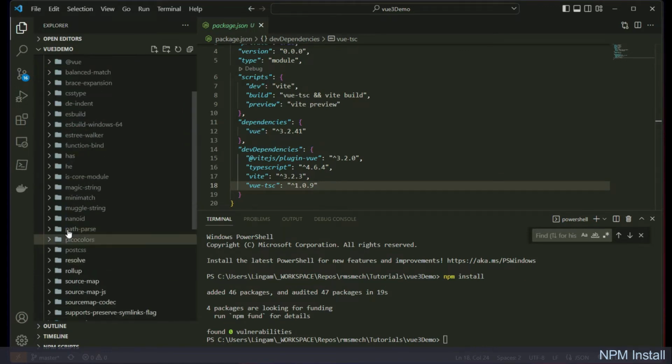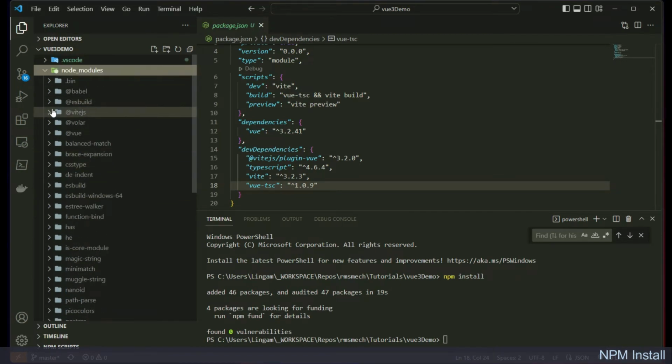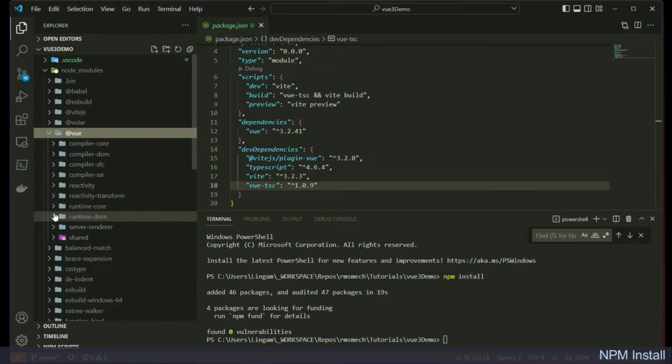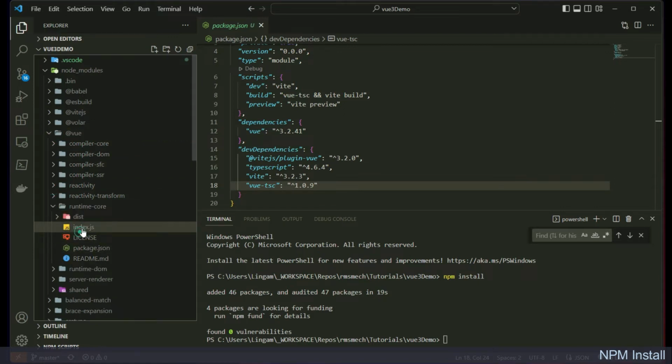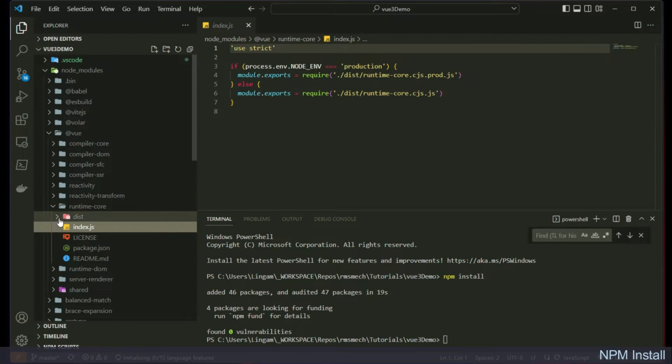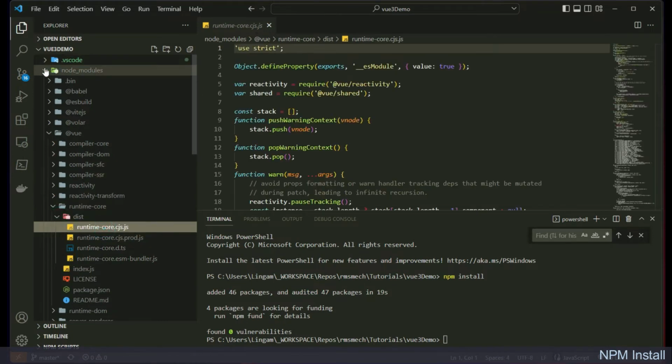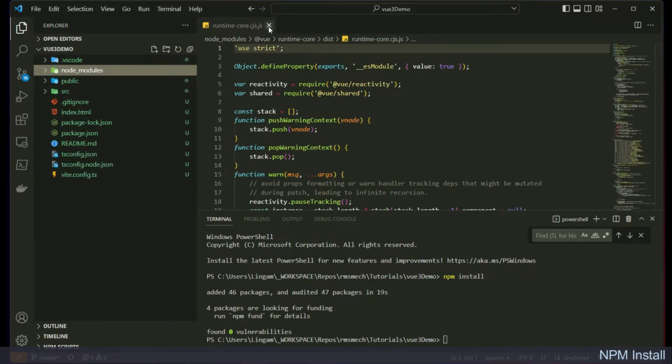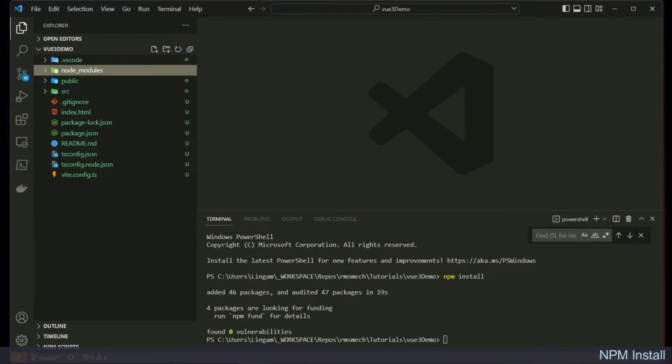Now the good thing is you can also open the node modules and directly look into the source code, the JavaScript files, from here. Like I can open up some files, I can see what it's doing, and I can do all those kinds of things. Now we are not going into that. Let's start with npm